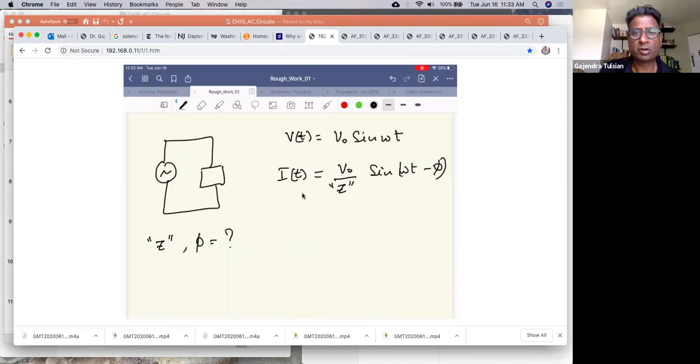What we were interested in: you have an AC source, and you connected your circuit to the AC source. The AC voltage was V naught sine omega t. The current through the circuit,